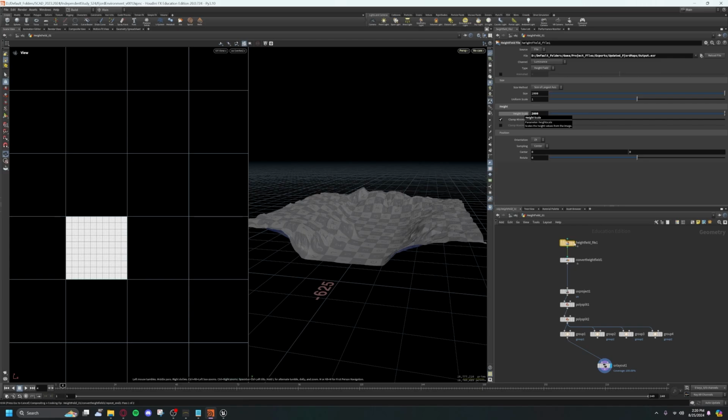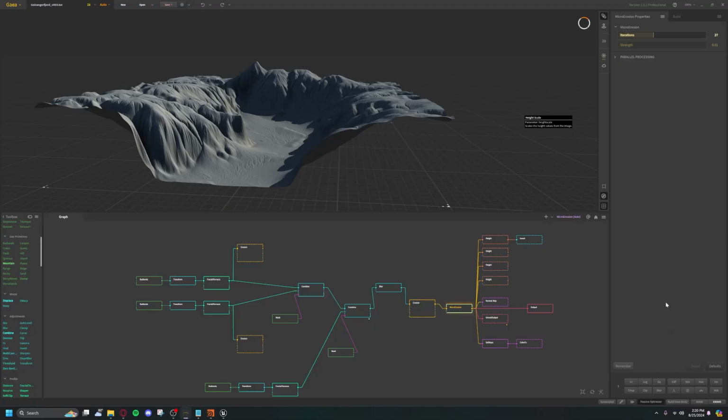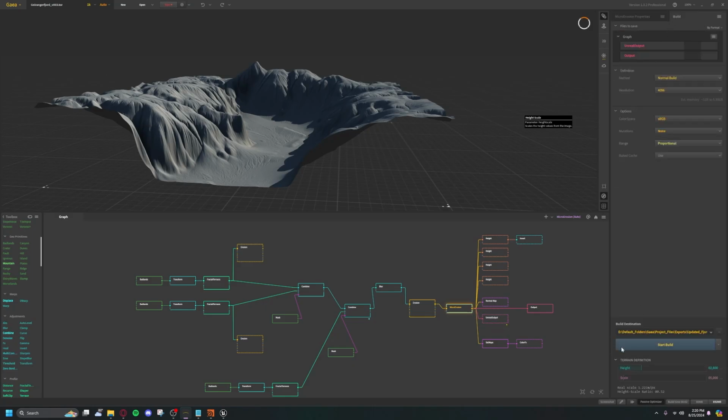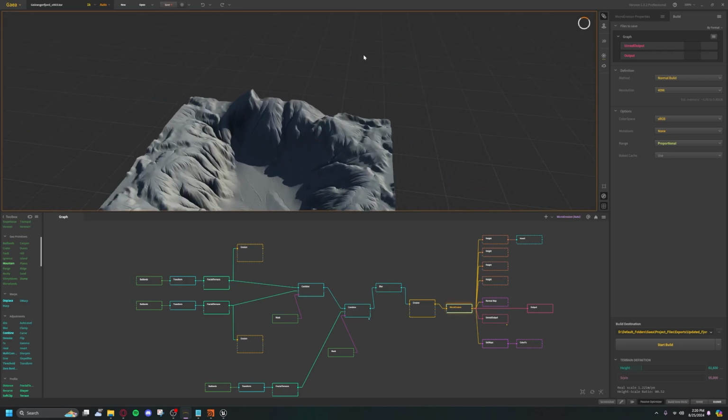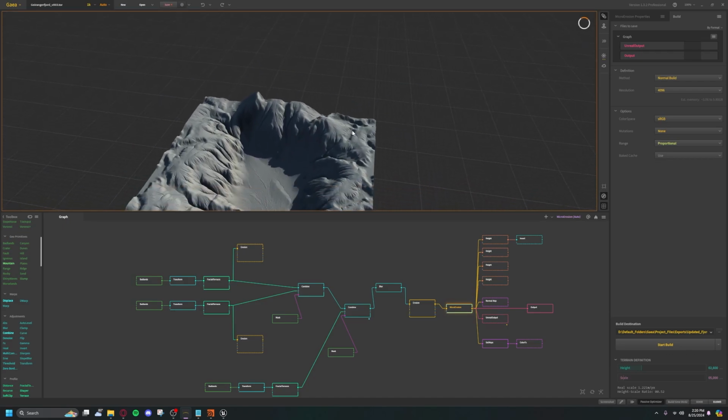And we're going to have to let this cook for a minute. But you might be wondering, why 2600? Why did I decide on that? Within Gaea, if we go into our build menu, under terrain definition, this is typically closed, so you just hit the little arrow to open it up. You can see that we have a height of 2600 and a scale of 5000. So that's our tallest peak, 2600 meters tall, and this entire region is about 5000 by 5000